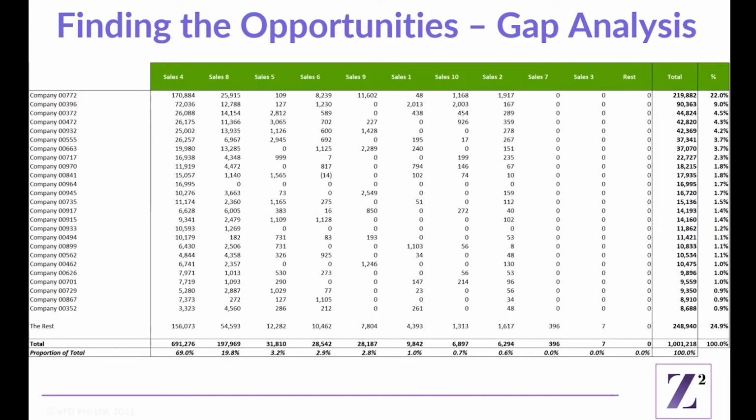Let's go back and look at customer segmentation. So here we can see another view of Alex's management information. Sales are recorded by customer and by sales nominal or product, service, or category. Now we can dig a little bit deeper to identify where there may be opportunities to sell more to existing customers. Let's dig a little bit deeper.